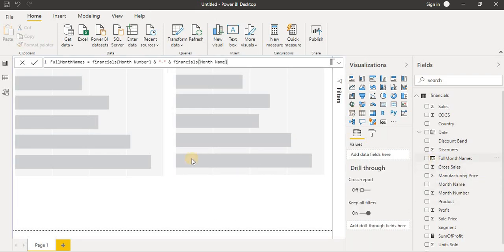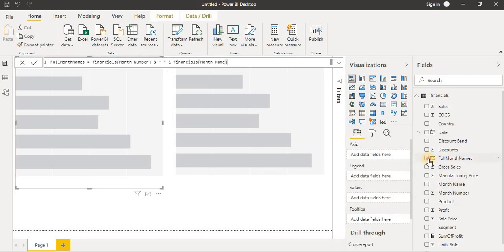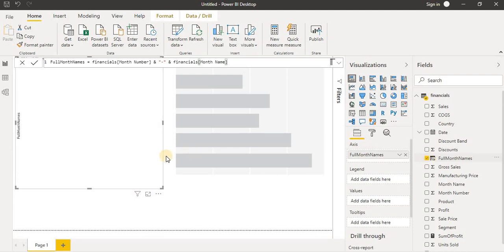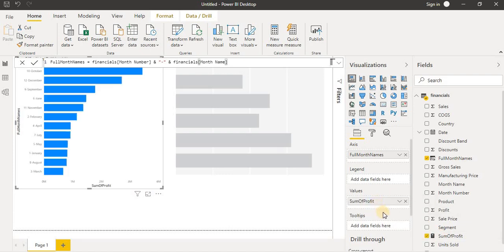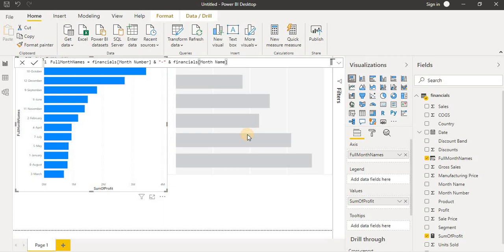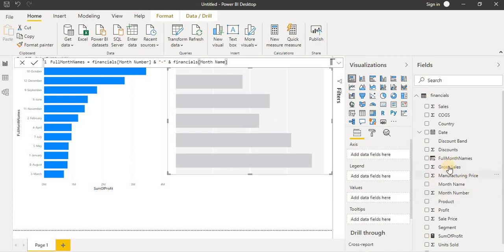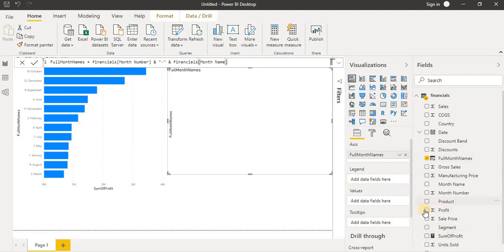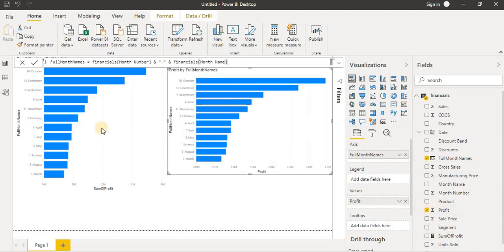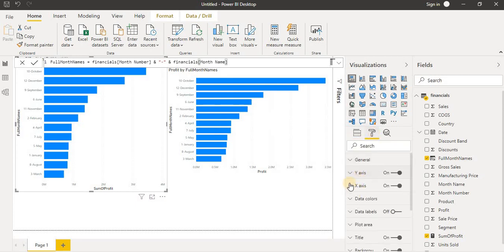I'm going to take full month name, and now the sum of the profit as a value. So I have taken sum of the profit as a value, and it is showing in that way. And here I'm going to take full month, and instead of this sum of profit, I'm going to take the profit measure here.